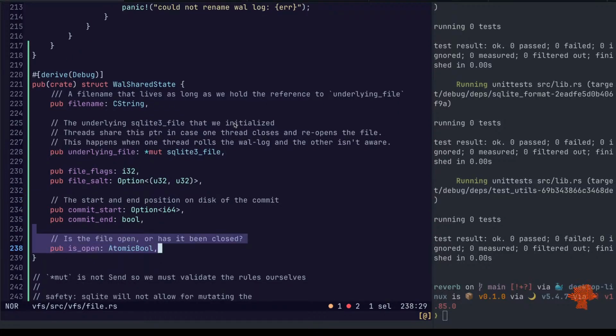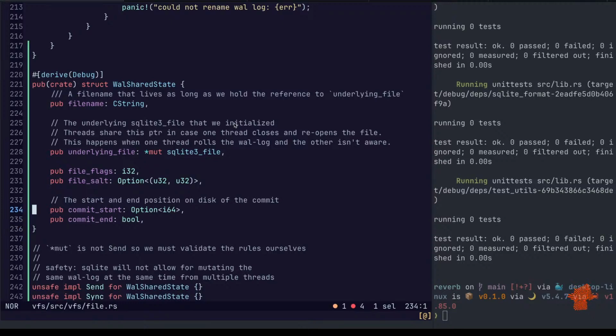I also want to get rid of this and change it with a reference count.